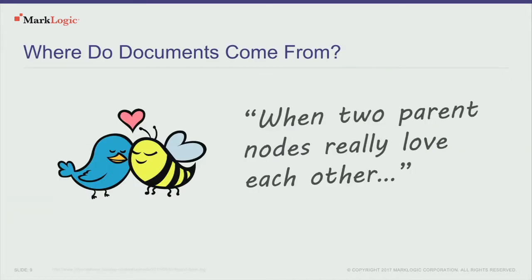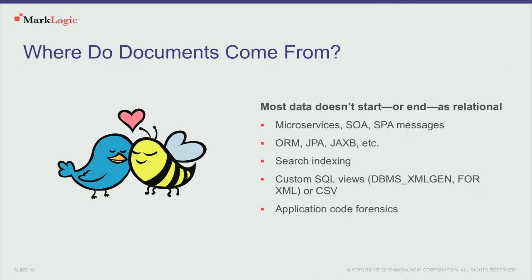But wait, you say, I don't have documents in my organization. We're not producing XML or JSON in our applications. But if you think about it, most data in the wild doesn't start or end its life as relational. Think about how SOA or microservices are arranged today. Those are built on the web, which is made out of documents. HTTP is a document protocol. So we're already sharing messages and documents in our organizations all over the place. Think about how your objects are aligned in your Java application, or how you've structured your ERD diagrams in order to build those relational schemas. These are all hierarchical document type applications. So even if you're not creating JSON or XML today, you probably have documents somewhere in your workflows.